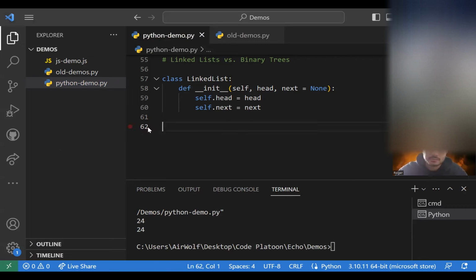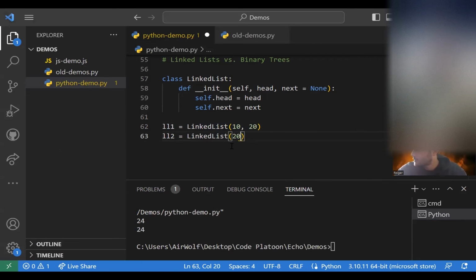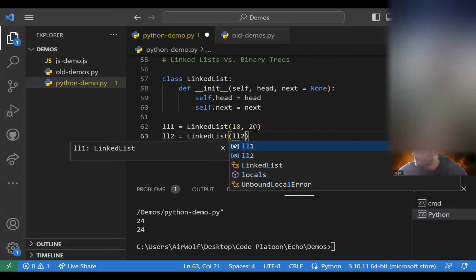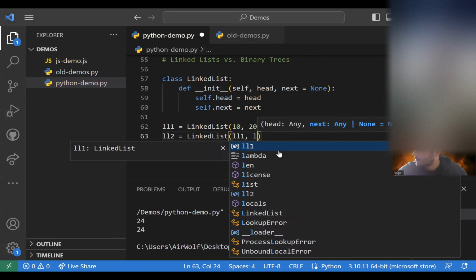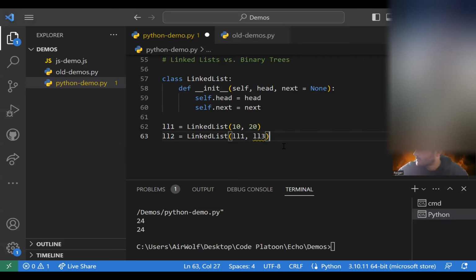In contrast, binary trees do not work the same way. So here, let me jot this back down. So we've got 20, and then we could have LL2 be our head, or LL1 be our head, and then LL3 be the next or something. And yeah, in contrast to a linked list,